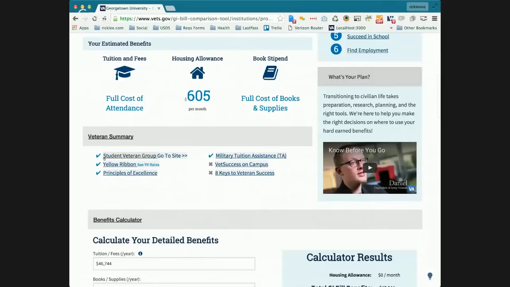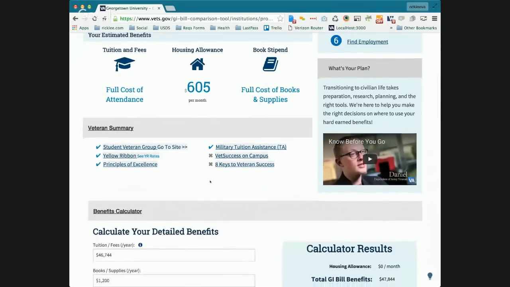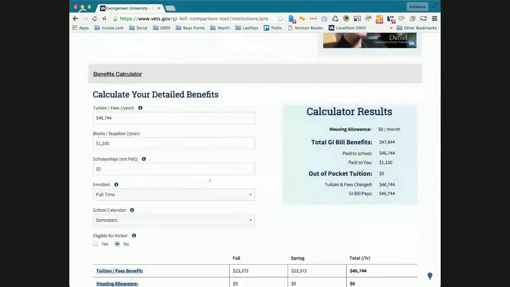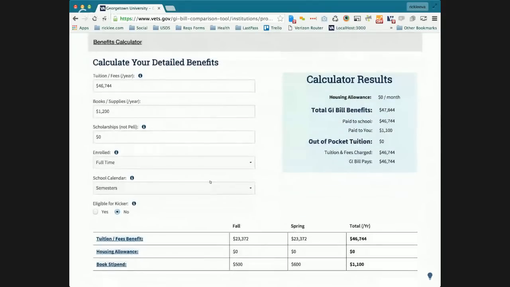Checkmarks mean that the program is at this university, and X's mean that it is not. And then we get down into the benefits calculator. One of the things about this site that I wanted to call out before I do the benefits calculator